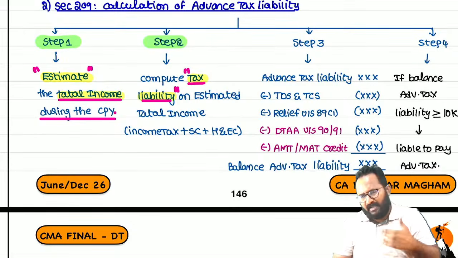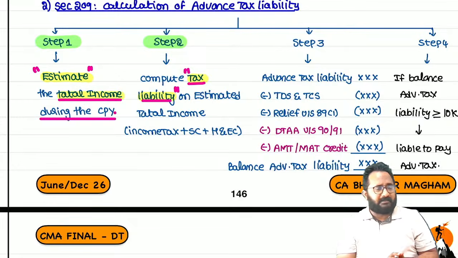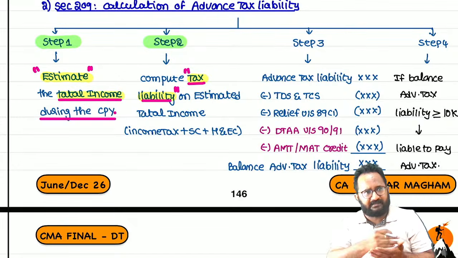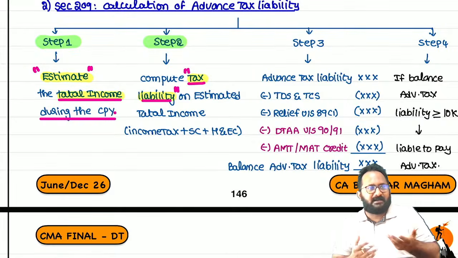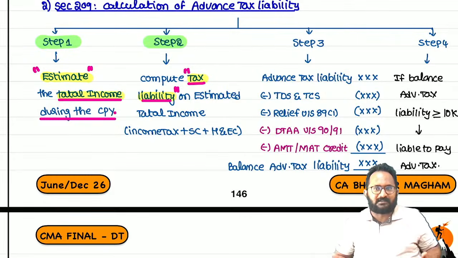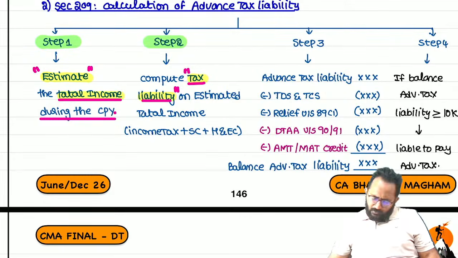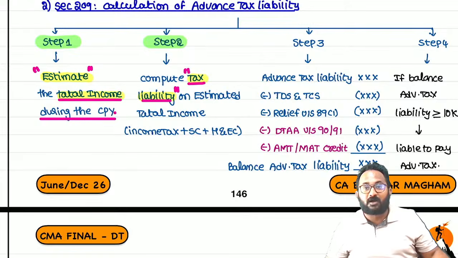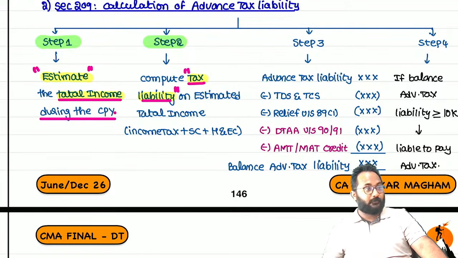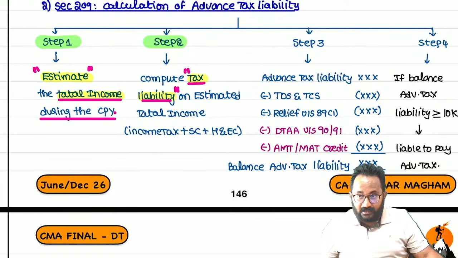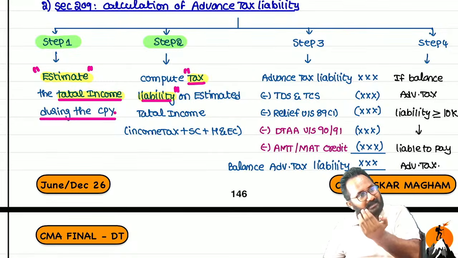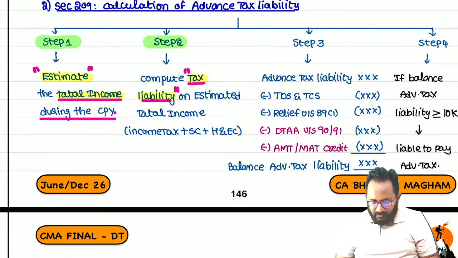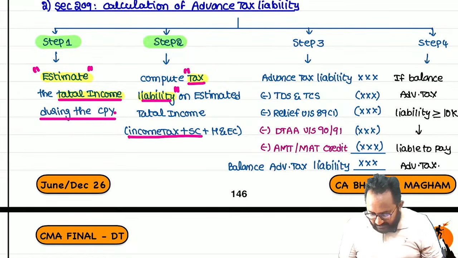For example, based on previous year trends and the first month's income, you can easily estimate the total income. So I have a cunning thought: why do I need to estimate in the best manner? I will estimate a loss, sir. Okay, if you can estimate, no problem, but you have to pay what? Interest. If you estimate wrongly or too low, you have to pay interest in the future.